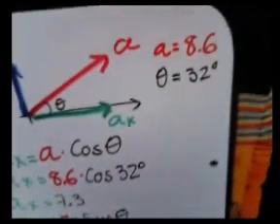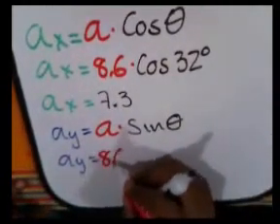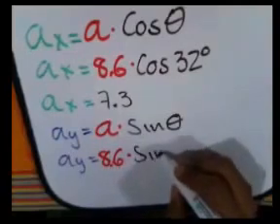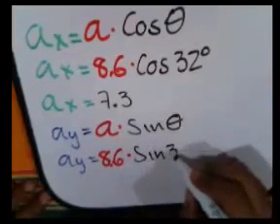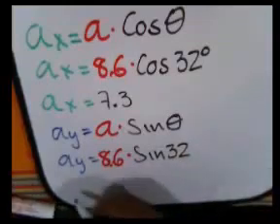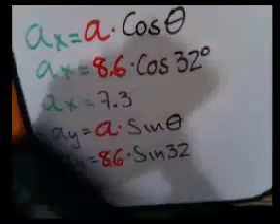That's what we had from the beginning, so that doesn't change. 8.6 times the sine of the angle, and the angle is still the same, 32 degrees. I'm just doing sine now instead of cosine. So what do I get there? Let's do it with your calculator. You just do 8.6 times sine of 32 degrees, and when you do that you get